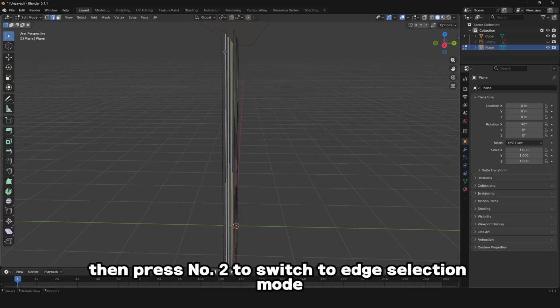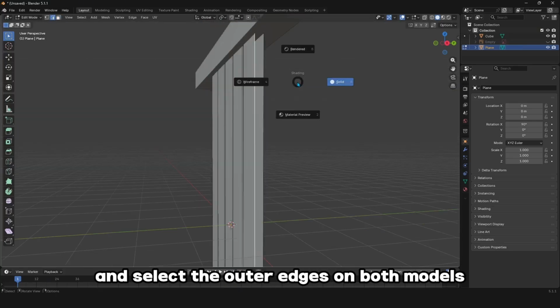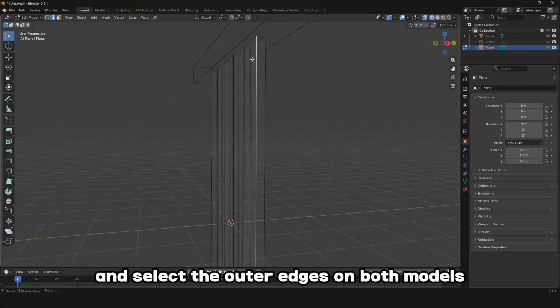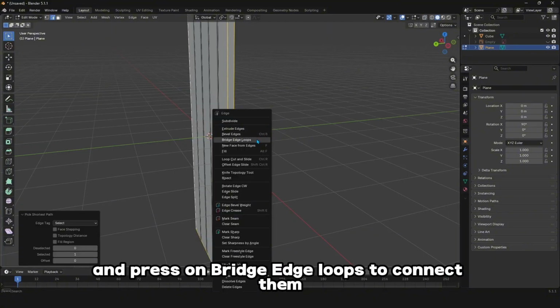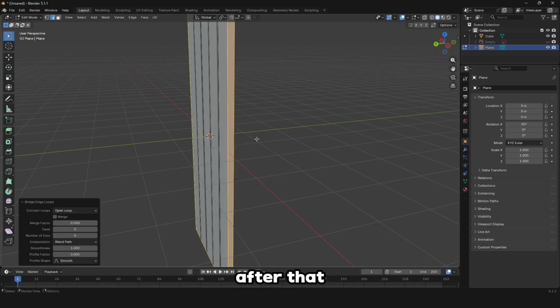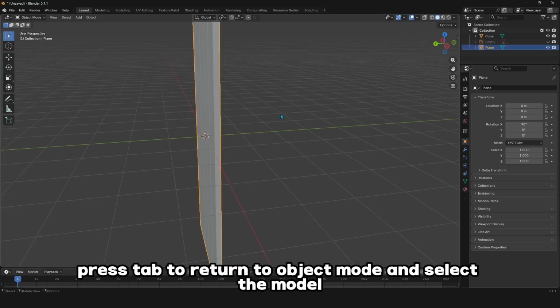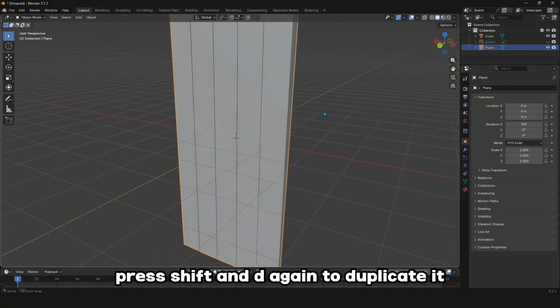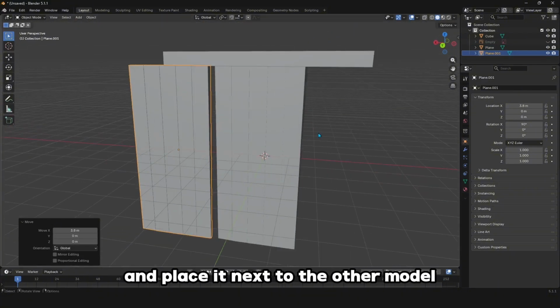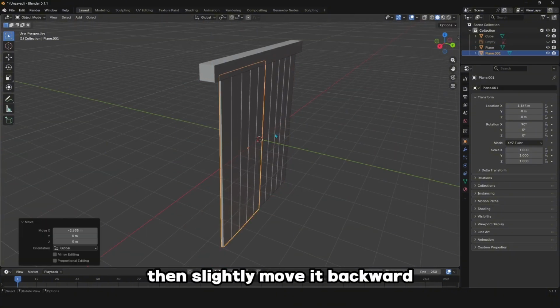Then press number 2 to switch to edge selection mode and select the outer edges on both models. Left-click and choose bridge edge loops to connect them. After that, press Tab to return to object mode and select the model. Press Shift and D again to duplicate it and place it next to the other model, then slightly move it